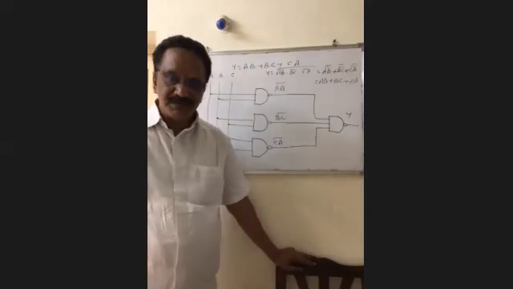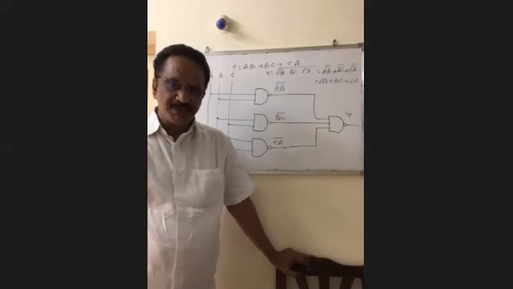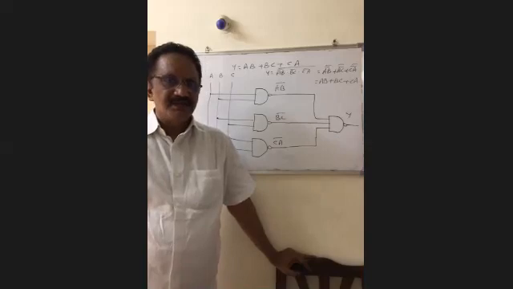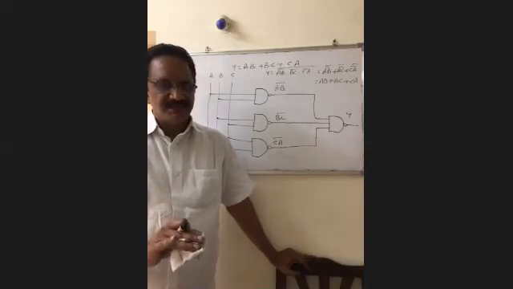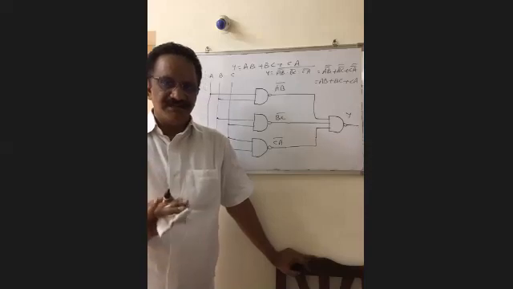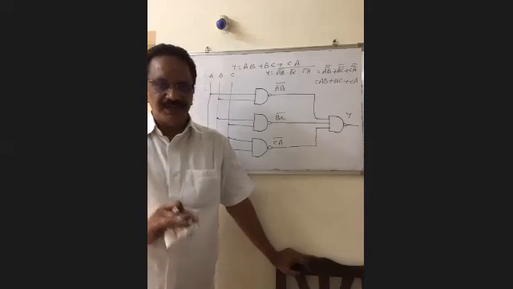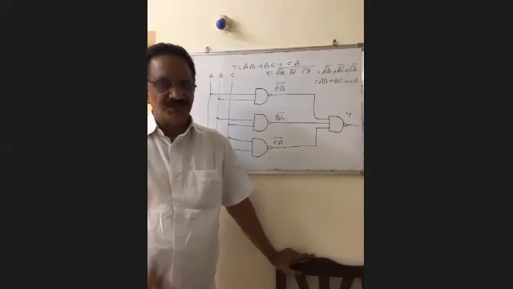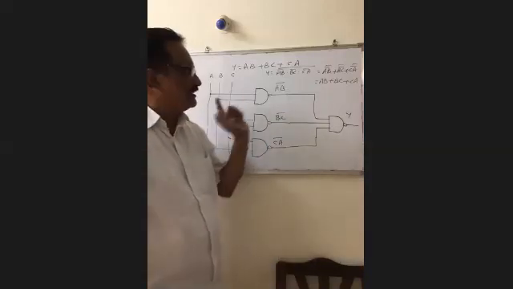So what is the procedure to realize the given SOP expression by using only NAND gates? The first level gates are NAND gates. The second level gate is also a NAND gate. Automatically it realizes. Memorize that one and note that line also. To realize the given SOP expression by using only NAND gates, the first level gates are NAND gates and the second level gate is also a NAND gate. Automatically it realizes.